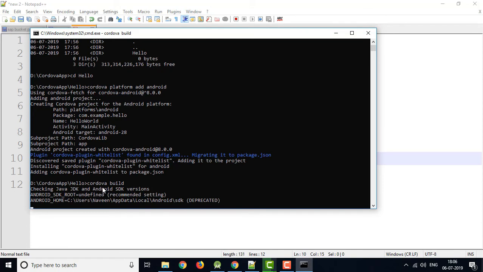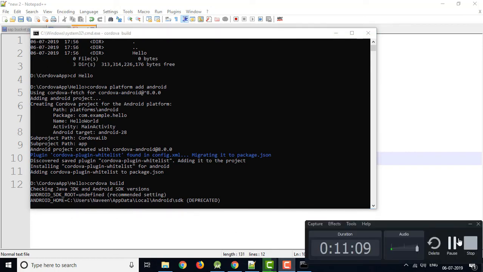Now you can see it is using JDK, checking whether JDK is available or not. That's why I told in the previous session that we need JDK first. Then it is checking the Android root directory, then the Android home directory. Home directory is where the SDK is present because it requires the SDK, and it will check for some other files and download whatever file is not present. But these files are compulsory. If they are not present, it will give you an error and your application will terminate here only.